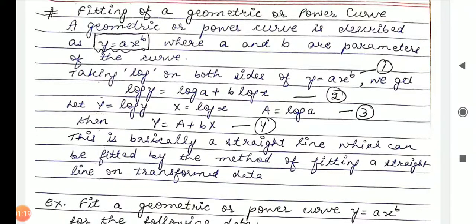Here the thing to remember is that we have taken logarithm on both the sides. So there are two types of logarithm. First is simple logarithm and the second one is natural log. Simple logarithm is to the base 10 and the natural log is to the base e. We have to keep in mind that whether we take the simple log or natural log, the type of logarithm should be the same throughout the equation. If we are taking log to the base 10, then each term should have log to the base 10, and if we are taking the natural log, that is log to the base e, then each term should have log to the base e.